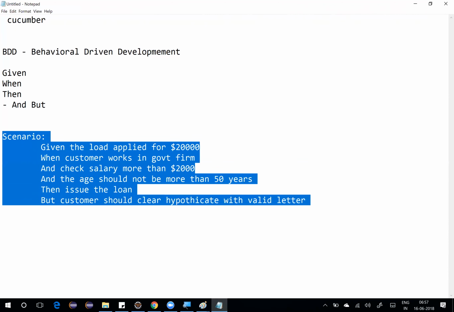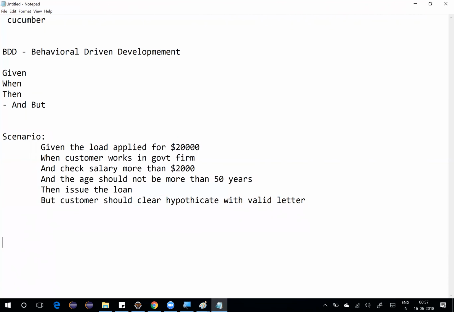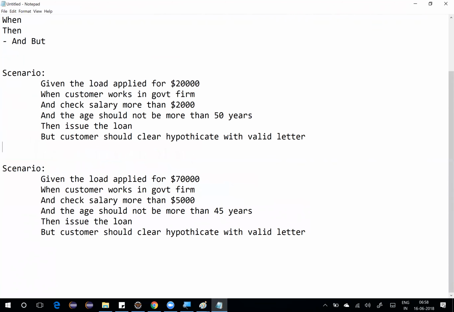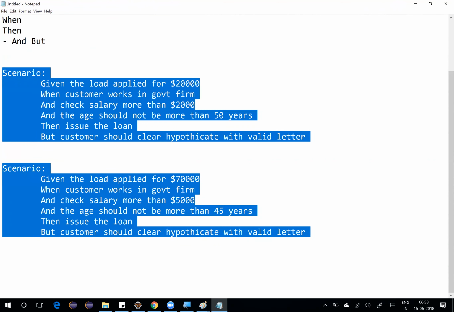Now, I can have one scenario, or I can have multiple scenarios. For example, somebody applying for $70,000, who has a salary of $5,000 and an age of 45, and so on. He should not be more than 45 years. That is good. Likewise, if I try this permutation and combination of test cases, trust me, they can go over hundreds of cases. That is where the scenarios come in. All the scenarios will get wrapped